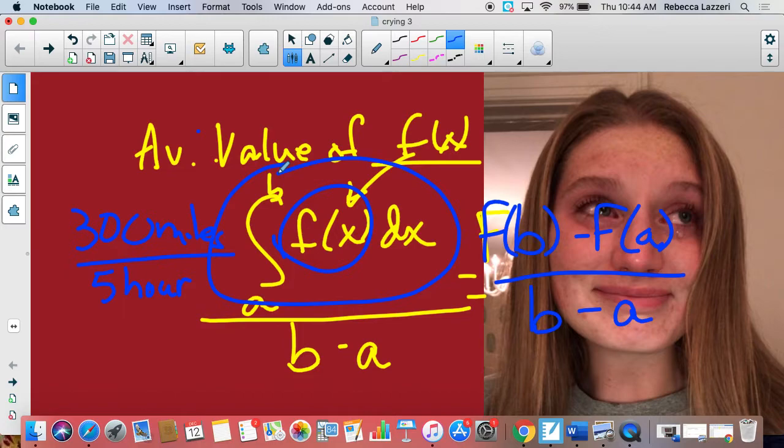So let's just pause and think about that. I don't know if I really got that point across because I can't talk. But do you see when you come back and divide by this, you're coming back and dividing by the time that's elapsed. So it goes back to a rate. So they're both average rate. Okay. All right, now,